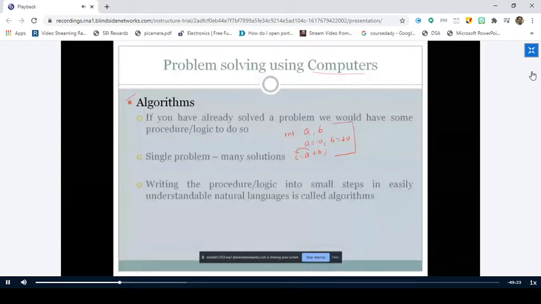We have a particular logic, we have a procedure: take two integer variables, assign the values 10 and 20 to a and b, and then add these variables and assign the result to c. This is the logic we have already framed. So can we apply this logic to another problem of the same set? That means I want to add two floating point numbers. Can I use it? Yes, we can use it, right? So if we have a logic or a procedure for a particular problem, we can apply the same logic to other problems also, right?